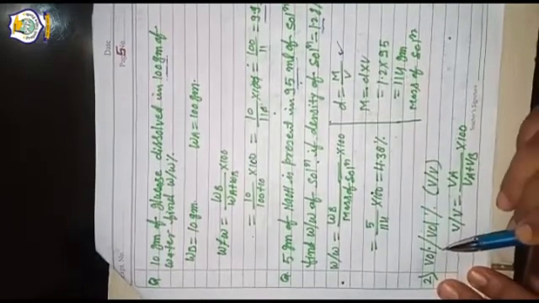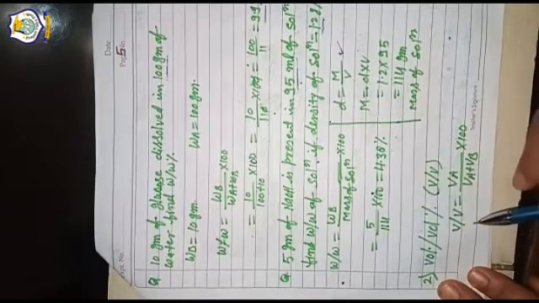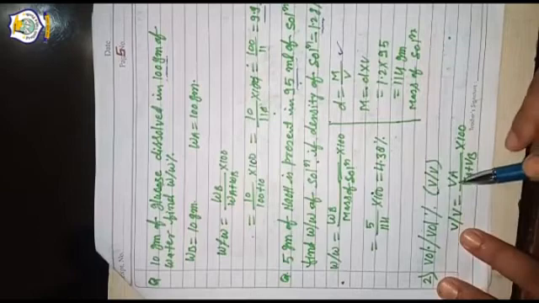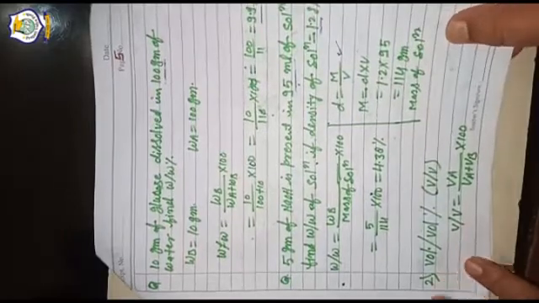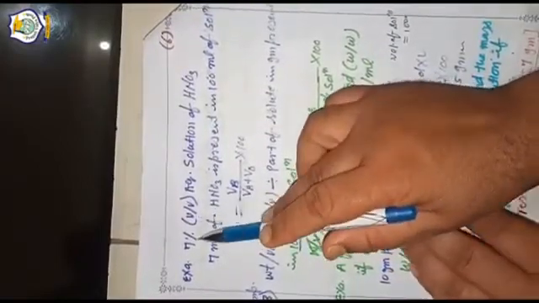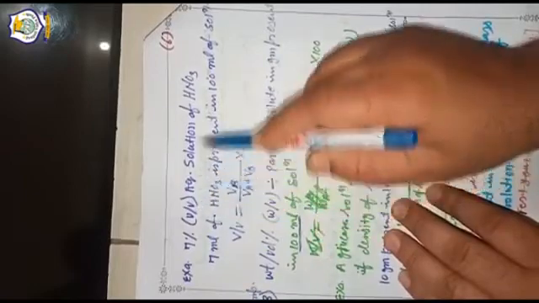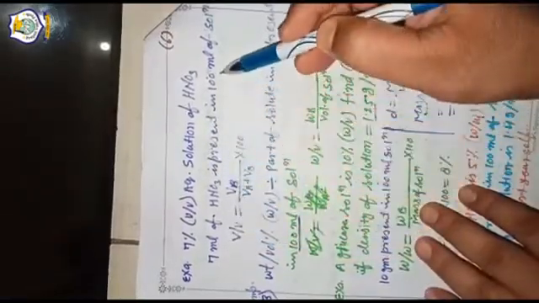Another concentration unit is volume to volume percent. It is denoted by V upon V. V upon V equals VA upon VA plus VB, where VA is the volume of solvent and VB is the volume of solute. It is explained by this example: a 70% V upon V aqueous solution of HNO3 means 70 ml of HNO3 is present in